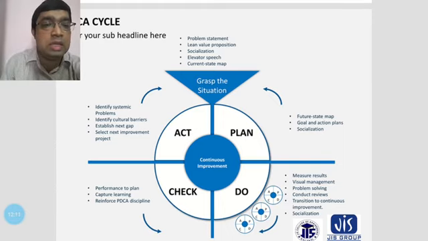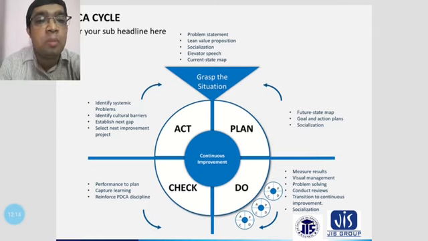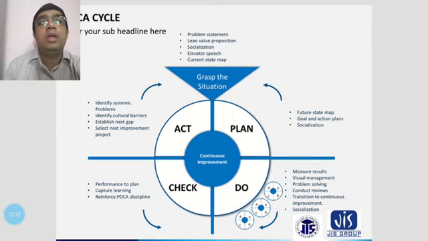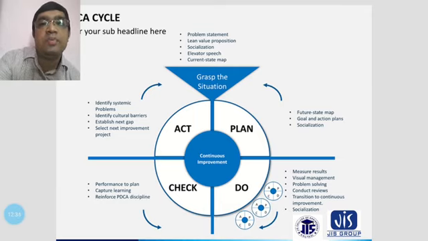And another thing here: when the plan and do are completed, then you have to record for the check. Check means the performance to plan, that is, during the doing times you always have to concentrate on your plan, which type of job has been completed, and what the performance is. All things you have to check properly.